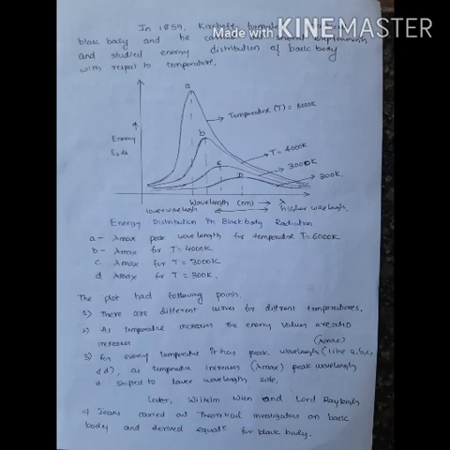We also notice that the points A, B, C, D are shifted towards the lower wavelength side. As temperature increases, the peak wavelength, or lambda max, is shifted towards the lower wavelength side. Another aspect is, as temperature increases, the full width at half maximum of the peak becomes narrower.